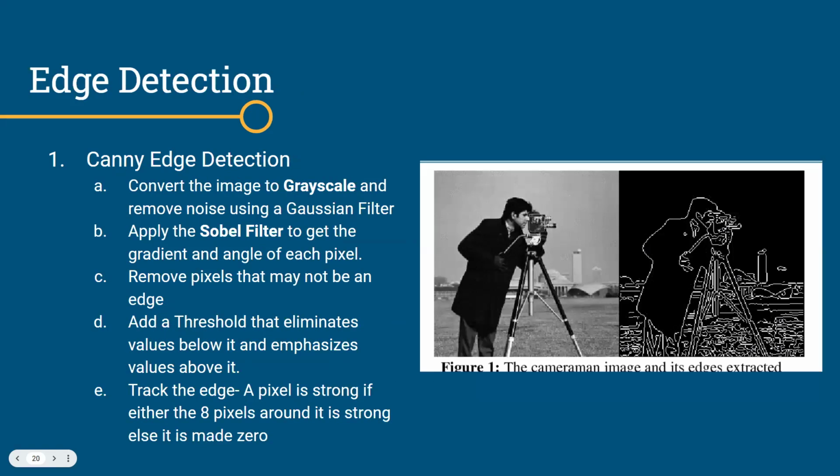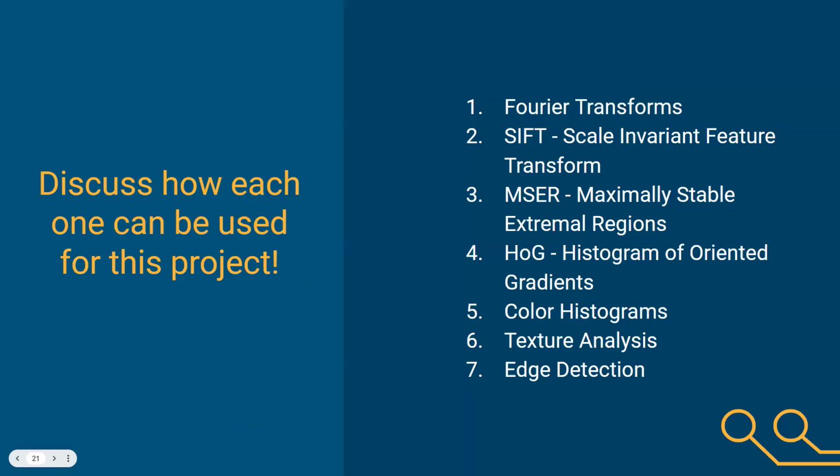Edge detection. This is my last one. Thank God for you guys. Okay, edge detection, something called Canny edge detection. This is the most popular one. We're going to grayscale the image, and we're going to apply a Sobel filter, and that's really all there is to it. Then we're going to apply a threshold and measure the contrast. This is more important than this, therefore this must be an edge, and we can create an image like this. So those were 7